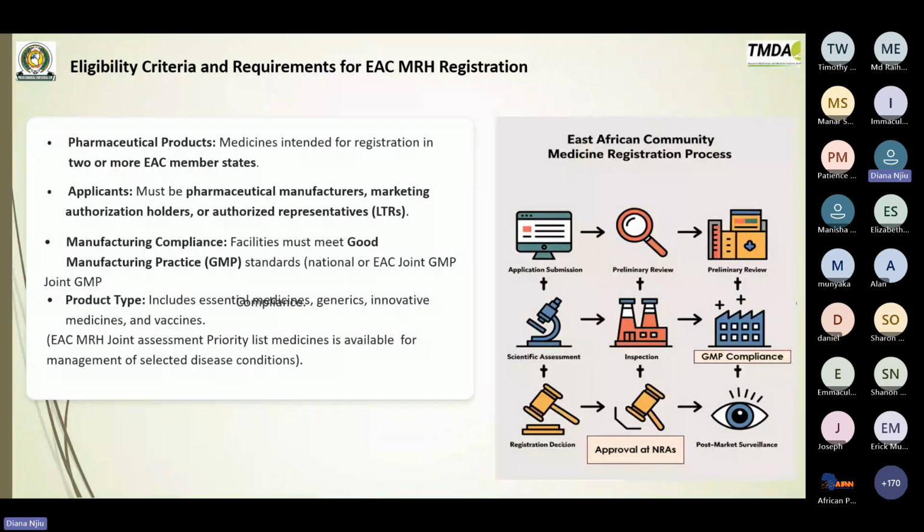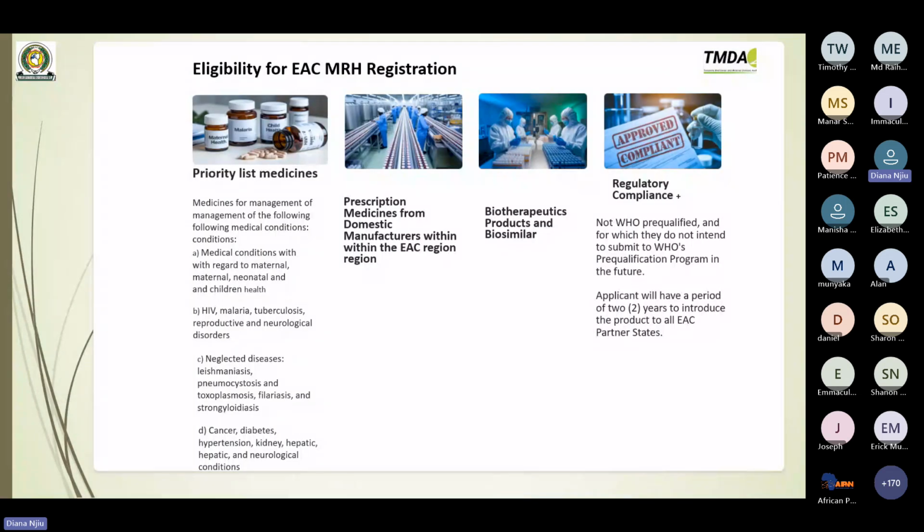This priority list of medicine is mentioned under this slide. So as we said, there are different technical working groups and teams of experts. They reviewed based on the demand from the NRAs within EAC. These were the criteria with which the pathway came up to ensure that this will be our priority for the time being.